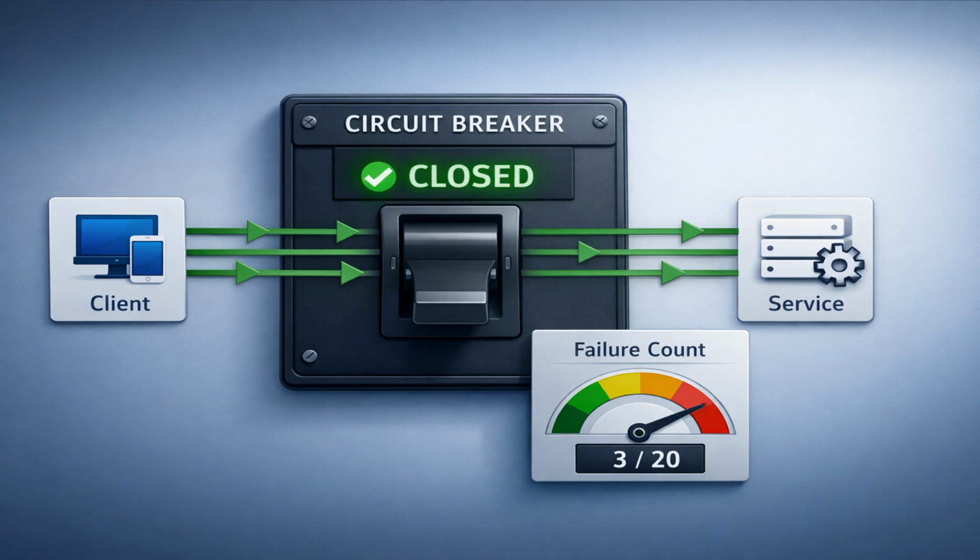The circuit breaker pattern operates in three main states. The first is the closed state. In this normal operating mode, requests are allowed to pass through to the protected service. If a call fails, the circuit breaker records the failure. If the number of failures exceeds a predefined threshold within a certain time frame, the circuit transitions to the open